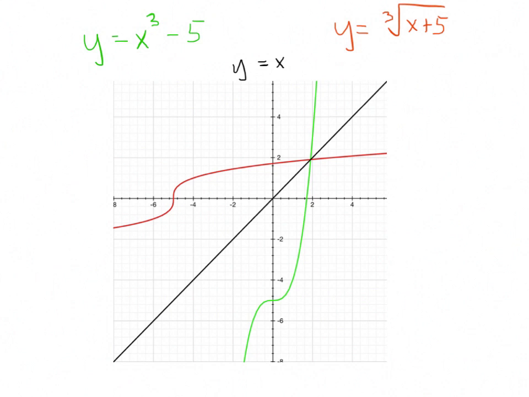Another thing you'll notice here is that any point on the original function, like say for instance this point right here, which is (2, 3), if you look on the inverse, will be (3, 2). If you take this point down here, which is (0, -5), that means you'll find (-5, 0) on